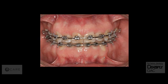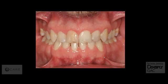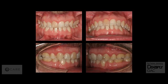Now we reposition the bracket and the inclination looks much better, but the gums, they're not nice anymore. And here is when we are done with the brackets and done with the gingivectomy. Now we have a correct proportion of white and pink structure. This is the case done: class 1 canine, class 1 molar, of course with 4 extractions, midlines on, and